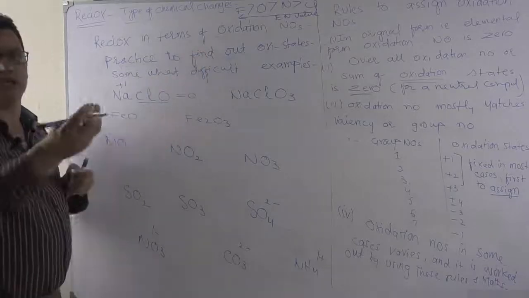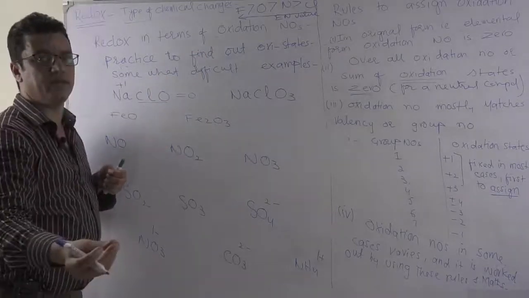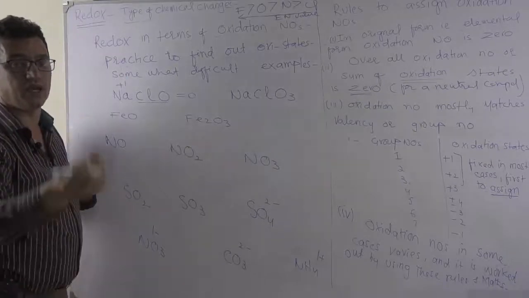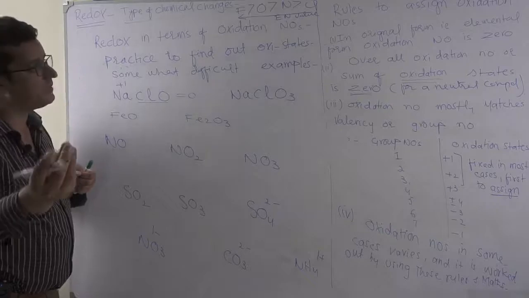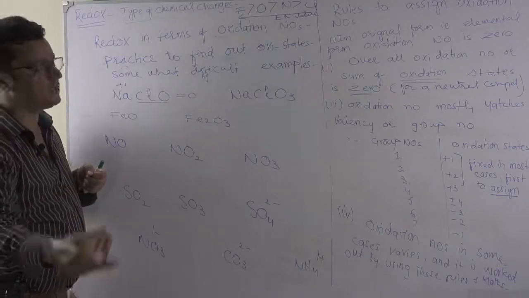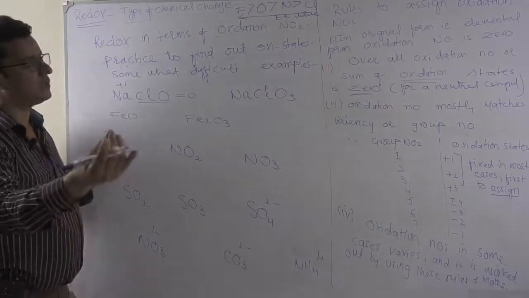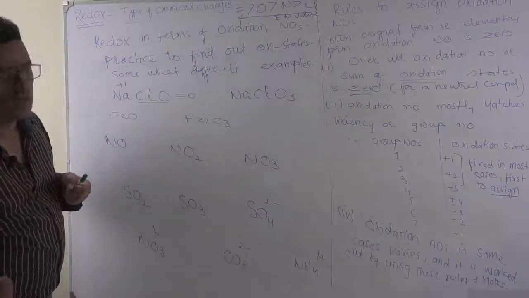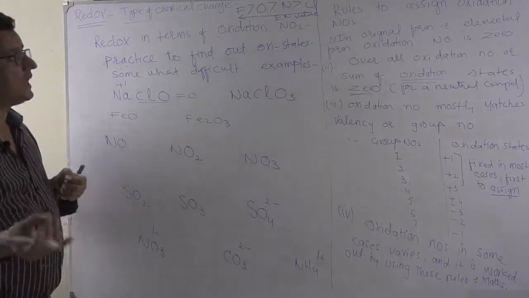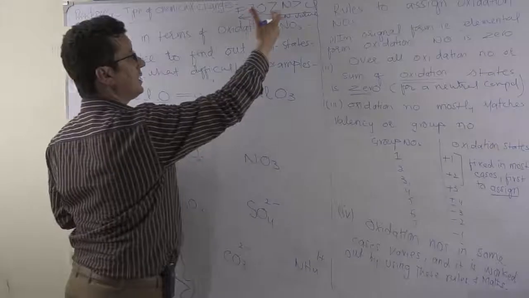And you know, in groups, electronegativity decreases. Group 5, group 6, group 7, electronegativity decreases down the group. Group 5 like nitrogen, phosphorus, arsenic, antimony, bismuth decreases. Or group 6, oxygen, sulfur, selenium, tellurium, polonium decreases downward. Group 7, fluorine, chlorine, bromine, iodine decreases downward. So you can place oxidation number accordingly, but most common, 99% of the time you'll come across these, and